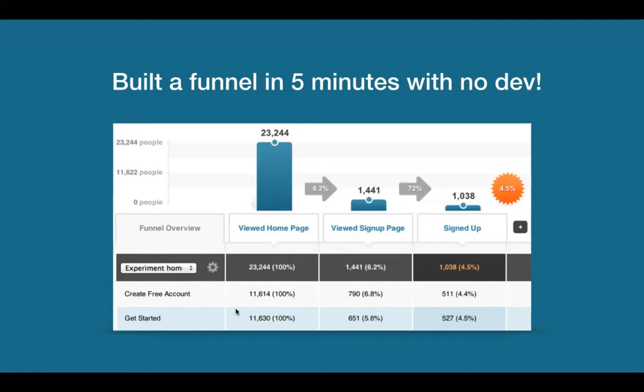So for an example, we can see that we were testing the button create a free account versus the button that says get started. What is interesting is when we looked at this in our A/B testing tool, we saw the conversion rate for create a free account actually won getting people from the home page to the sign-up page. Well, that was the metric that we were measuring in our testing tool because that was the page we were testing. For some stupid reason, we weren't measuring sign up, right? But if we looked at the metric get started, it may have had less people that actually converted to the sign-up page. But if we look at the number of people who converted to actually signing up, the metric is